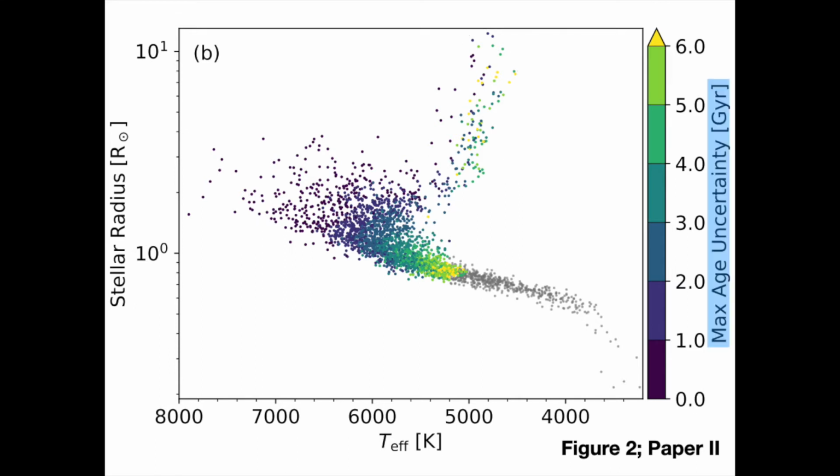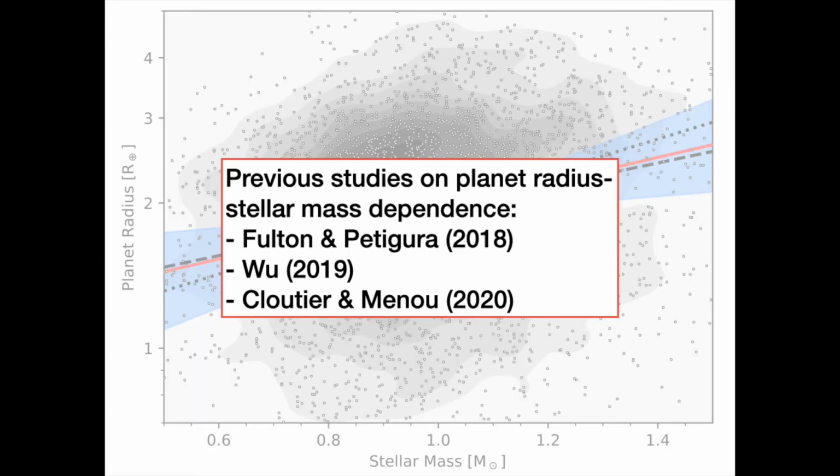The color of the points represent the absolute age uncertainties of each star, and those in gray do not have useful age information given their low masses and long main sequence lifetimes. The colors of stars in this diagram follow our expectations, namely that 1. The most massive stars and subgiant stars have the most precise ages because they move the quickest and evolve the quickest in this diagram, and number 2, as we follow the main sequence stars to cooler stars, the age uncertainties grow.